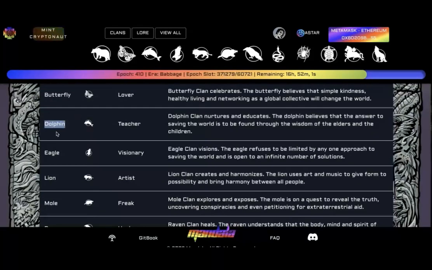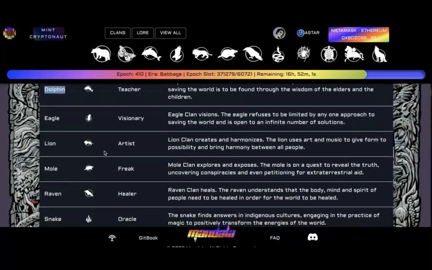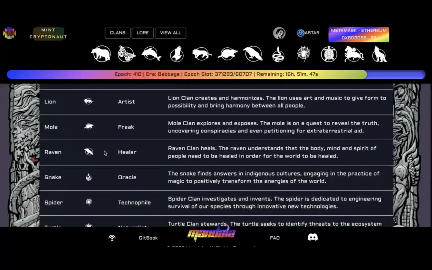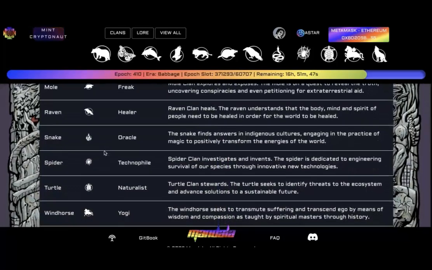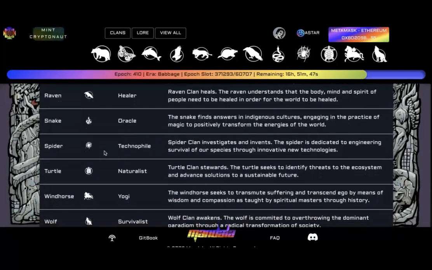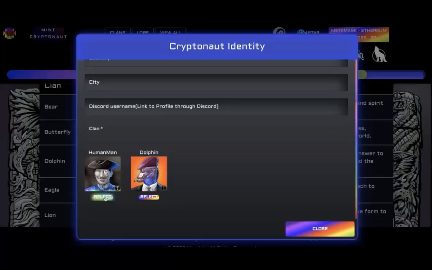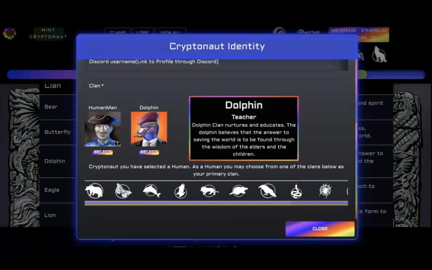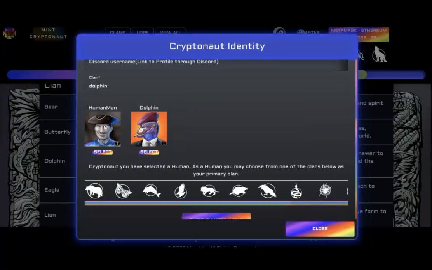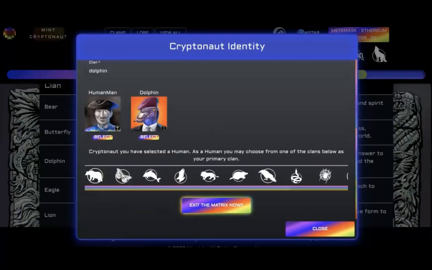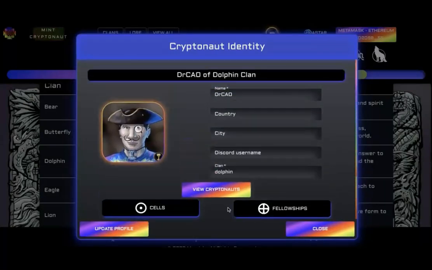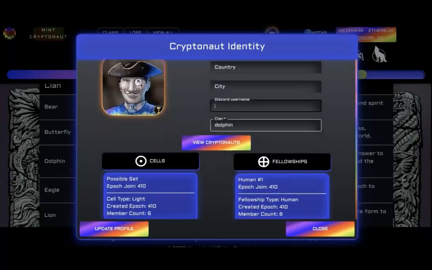For example, Dolphin is for education, and I think I'm doing Web3 education, so I plan to choose Dolphin. But actually there are several others, like Spider for technology and innovation, which is also quite cool. So I'm going to pick the Dolphin this time, and then I'm going to exit, and you can see your